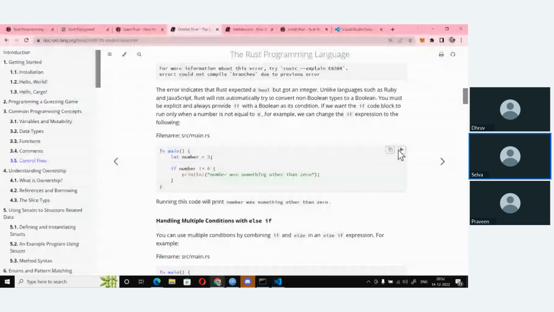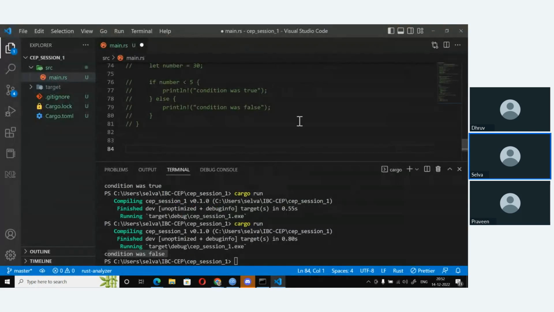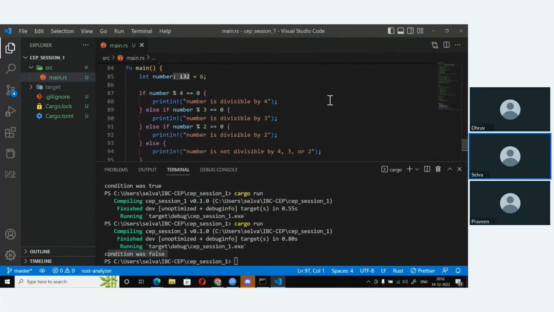The reason I'm doing this is because you will be using this Rust programming language as your book. My role will be to explain all the code. So we'll not waste time on actually typing the code, but instead using the code from that book itself and putting it over here and running it. That will save us a great deal of time, and we'll have time to actually discuss the actual working